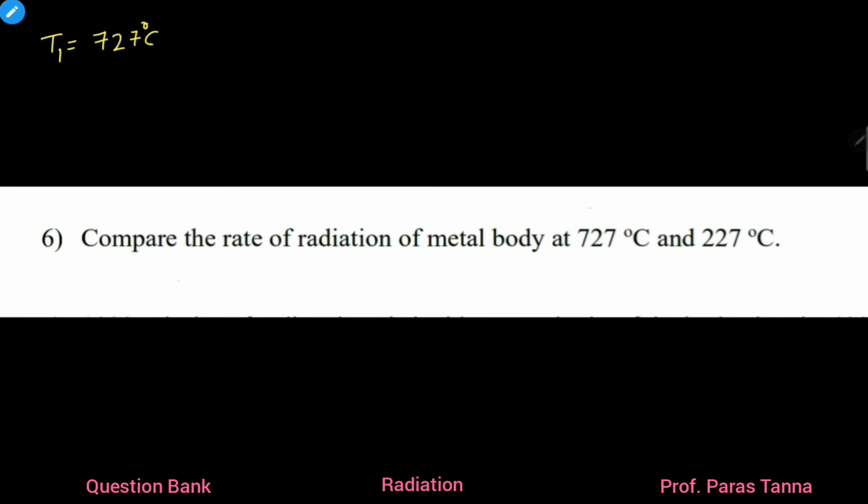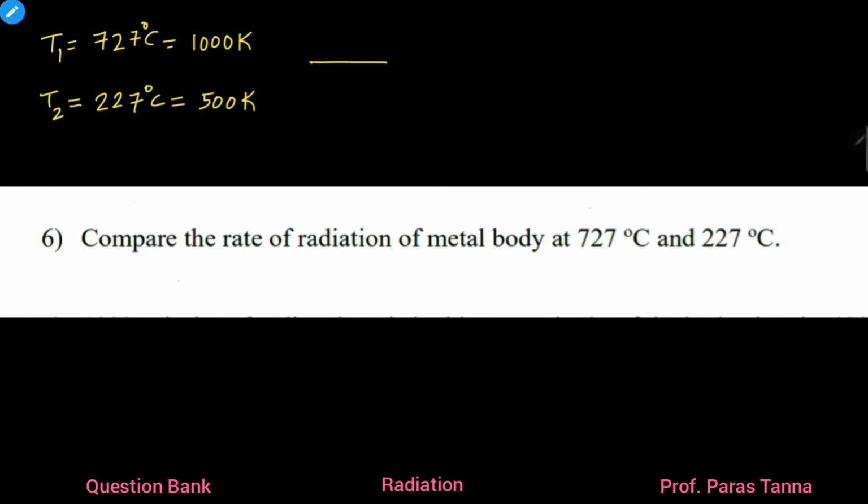727 degrees Celsius, that is 727 plus 273, that is 1000 Kelvin. The second temperature of the same body, let's say T2, is equal to 227 degrees Celsius, that is 227 plus 273, that is 500 Kelvin. We have to compare the rate of radiation, that is, we have to find out the